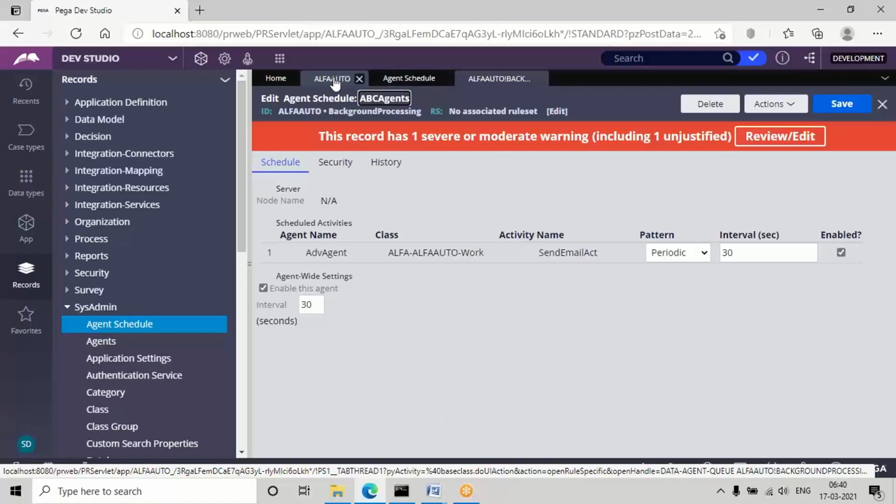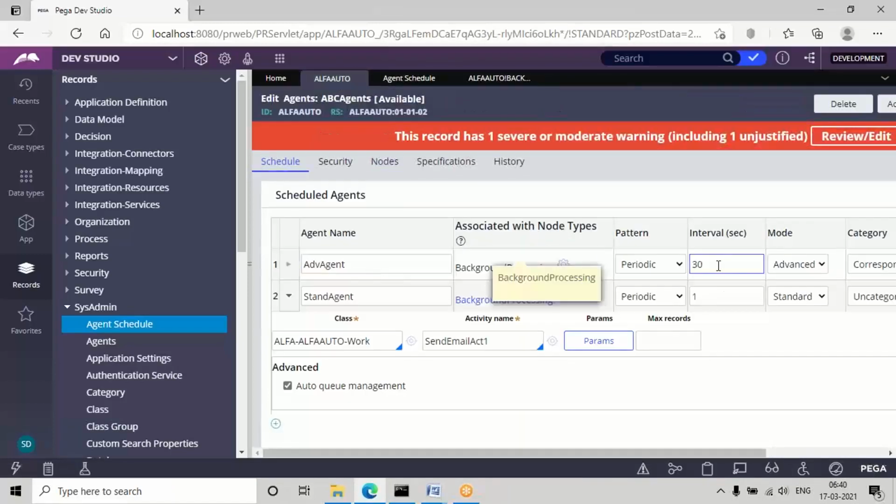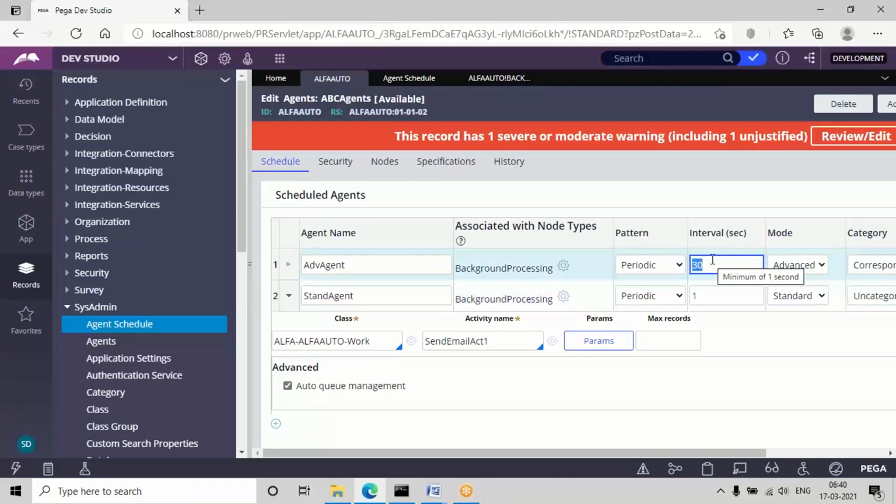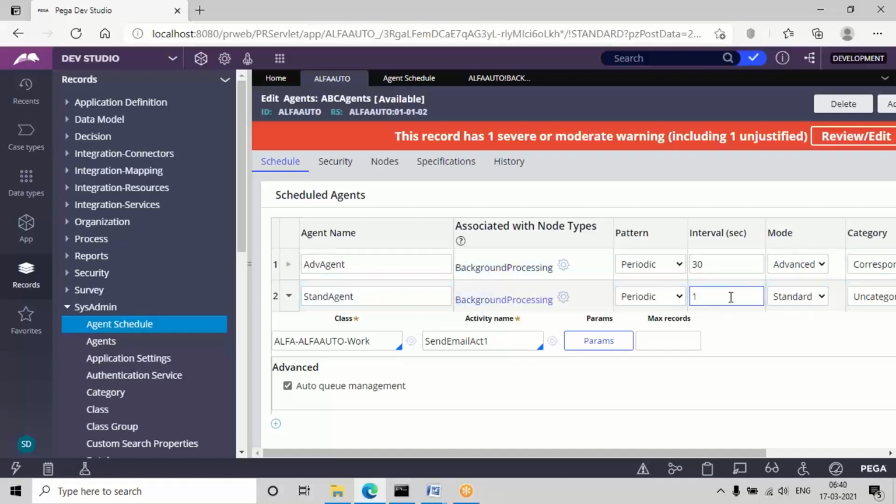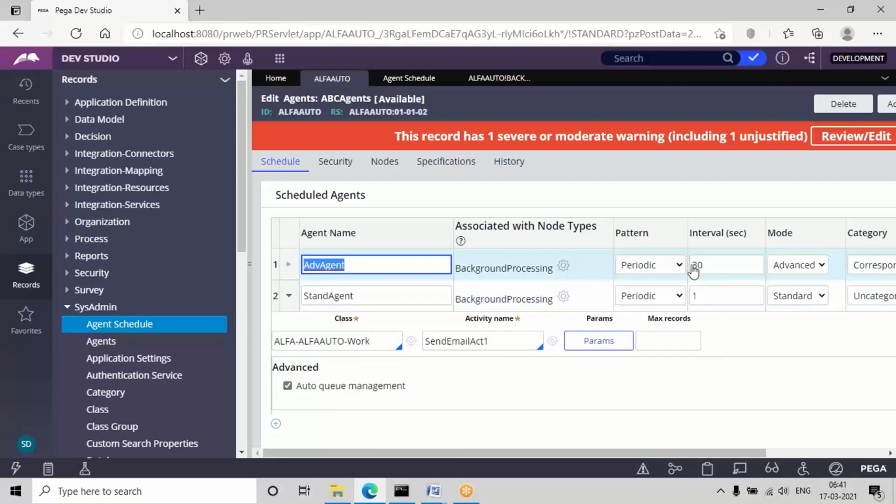But coming to advanced agents, it will not bother about the queue items or queue table. It will only bother about the interval given. But in the case of standard agents, the interval is just optional. Even if you don't give an interval, or just give startup, it's okay. It only cares how many users are processing and how many records they are processing. Suppose 10 records are there, then 10 queue items will be added to the queue table, and then it is going to execute the activity 10 times. So here, based on the number of records, it wakes up and executes the activity. But in an advanced agent, based on the interval given, it wakes up and executes the activity.